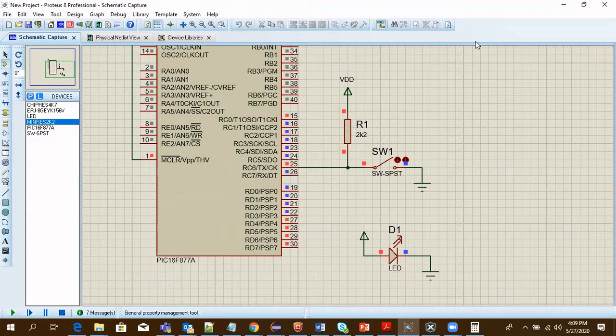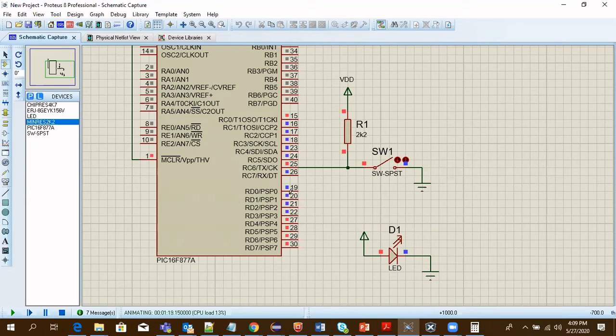In this lecture, we will be seeing the input-output ports of the PIC16F877 controller. What is a port? Think of an airport, where an airplane comes in and goes out. Similarly, in a microcontroller, a port is one wherein data comes in and goes out. Data goes out through an output port, and data comes in through an input port.